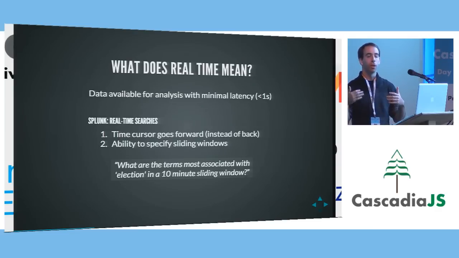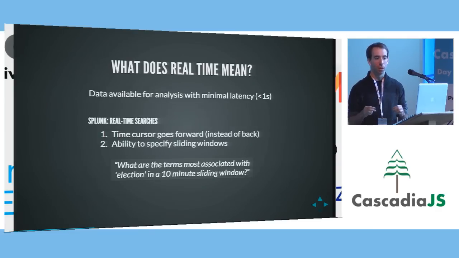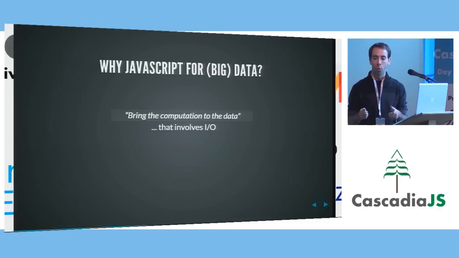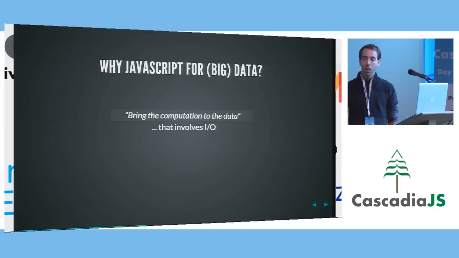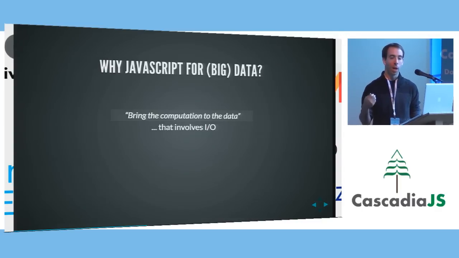If anybody's been to a big data talk, you know the big change that Google made with MapReduce, based on the idea that the volume of data keeps growing over time. We keep generating more and more data, and the saying is something like 90% of the data that the world has ever generated has been generated in the past 3 years. So we say, okay, we can't keep bringing the data to the computation. What we have to do is start bringing the computation to the data. That's really the basic idea behind MapReduce: I'm going to send the computation to the nodes where the data lives, and it's going to compute locally and then send me a much smaller data set back, because we can't handle the large data set.